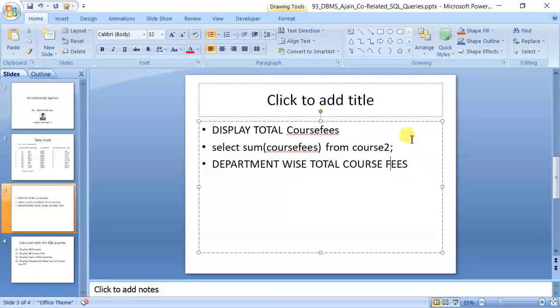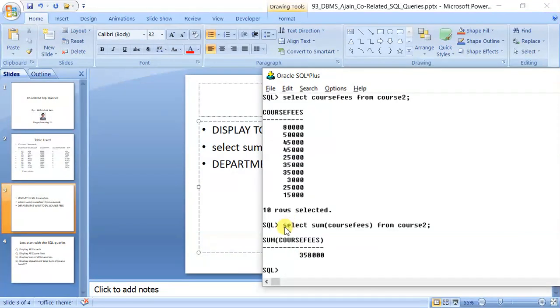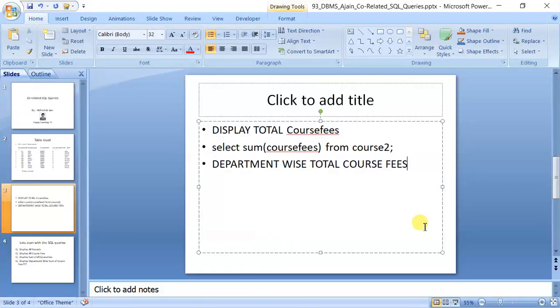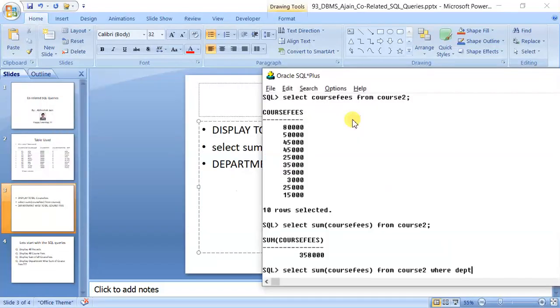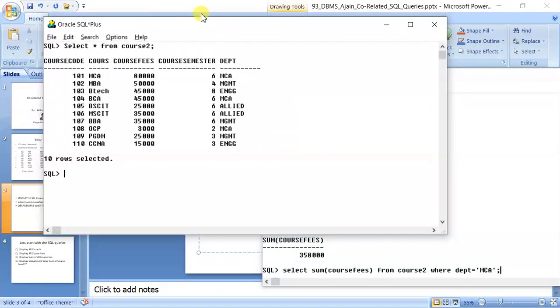Now for department wise, one wrong method I would suggest is you type: select sum course fees from course 2 where DPT, what is the column name, where DPT is equal to MCA. Oracle will try to find those records where DPT is MCA, like MCA, MCA, MCA.